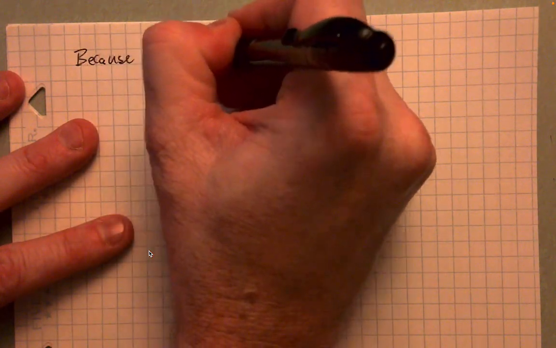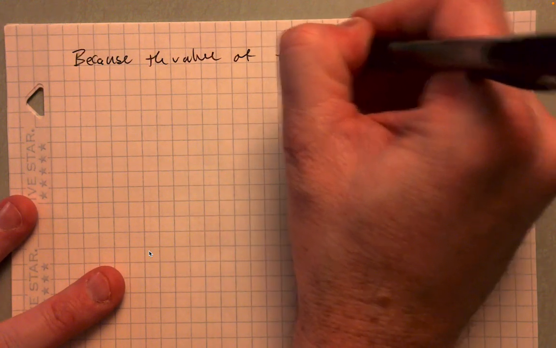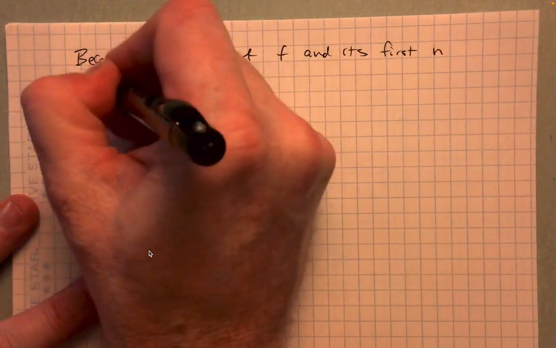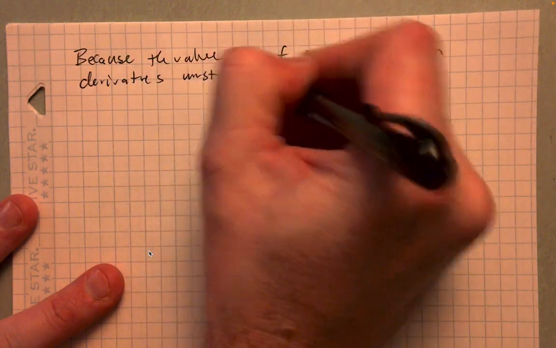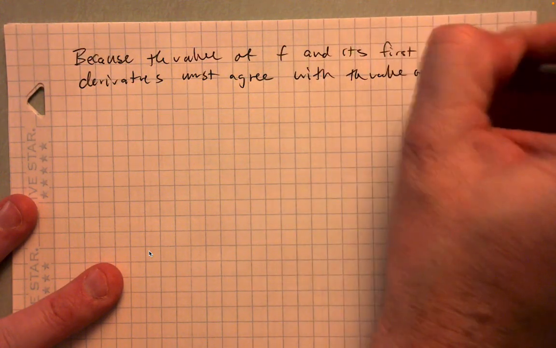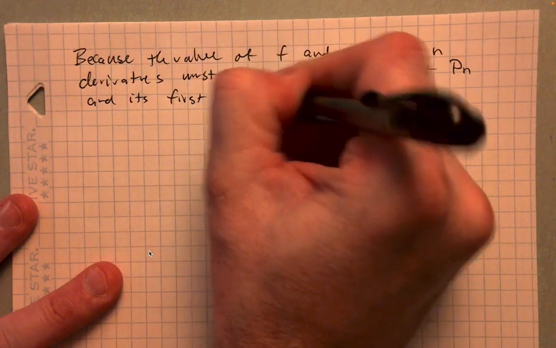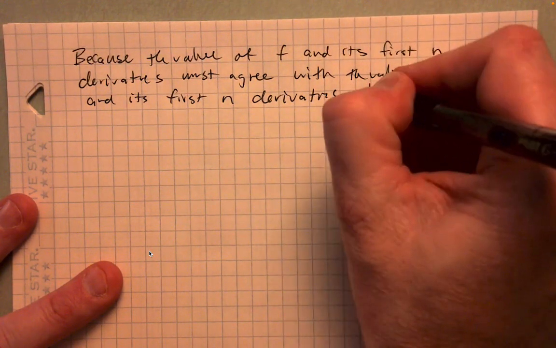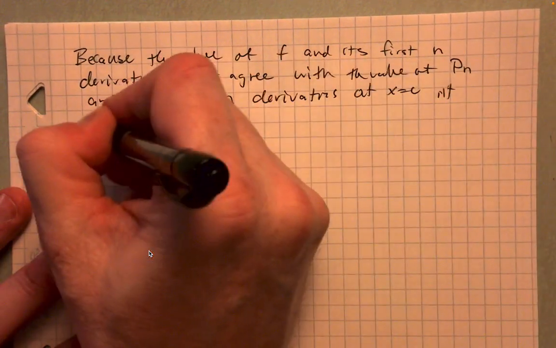Because the value of f and its first n derivatives must agree with the value of P of n and its first n derivatives, and specifically at x equals c, it follows that,